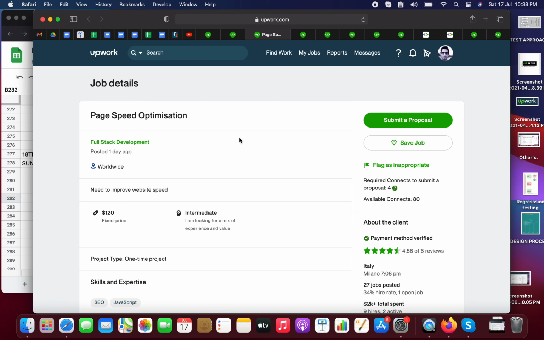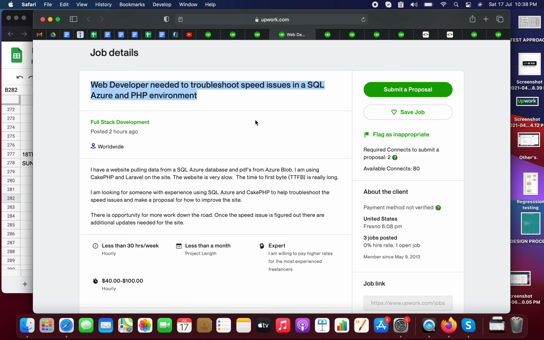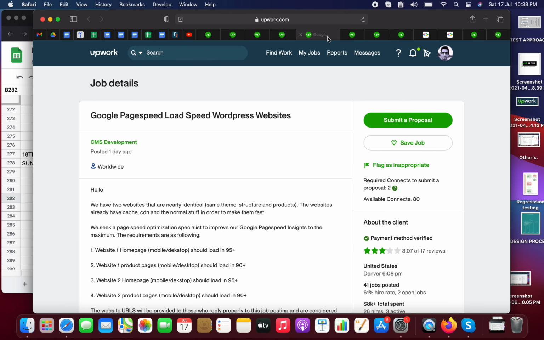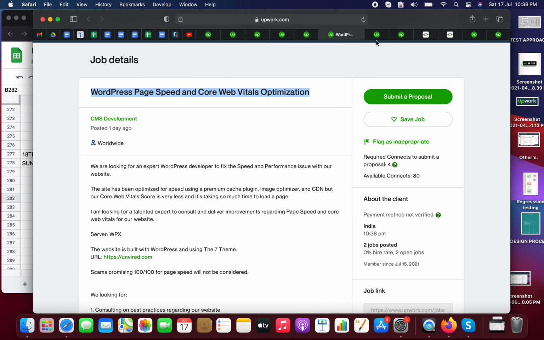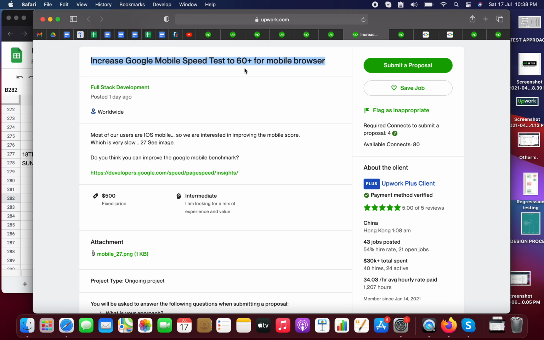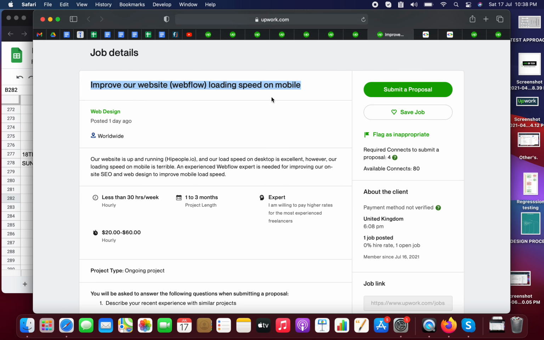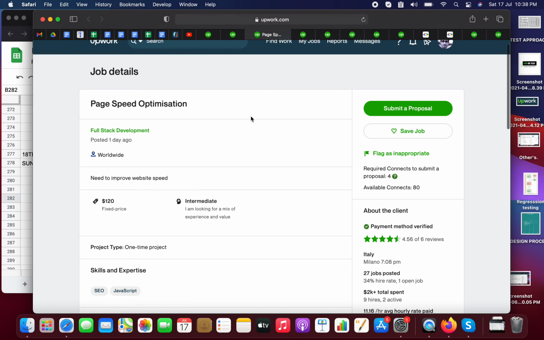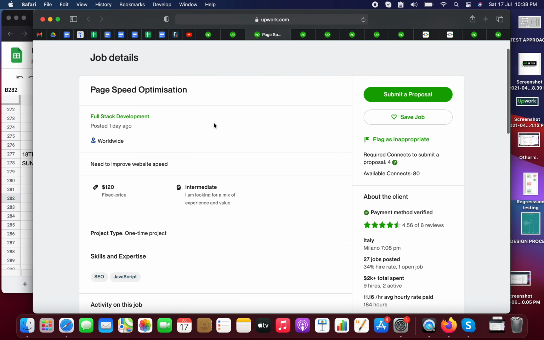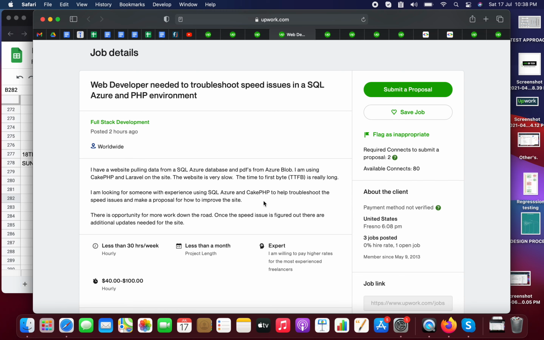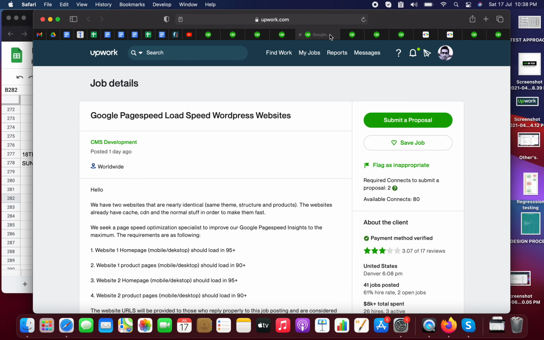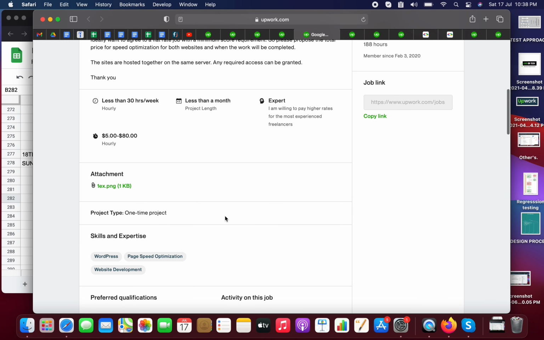Here are a few jobs I found. These jobs are all related to page speed. As you see, all the jobs have different titles, different job descriptions, and different material.